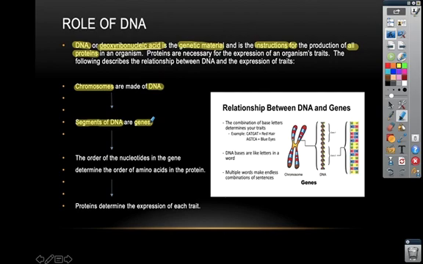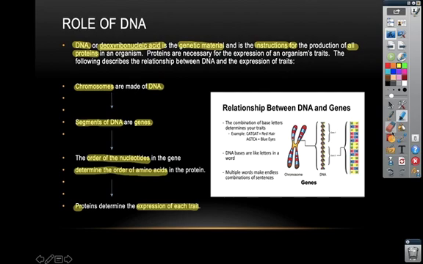And remember, DNA is made up of nucleotides. So the order or the sequence of nucleotides within that gene will determine the sequence or order of amino acids in the protein for which it codes. And ultimately, proteins allow us to express our traits. So make sure that you know from this slide, what does DNA stand for? What is its job? It carries our genetic material, it codes for proteins,